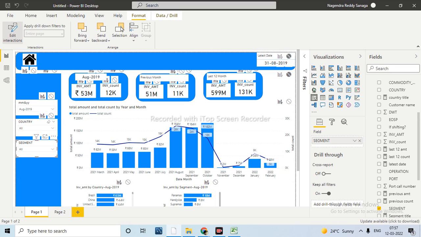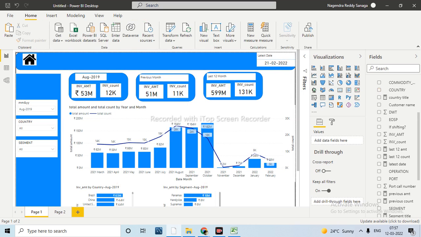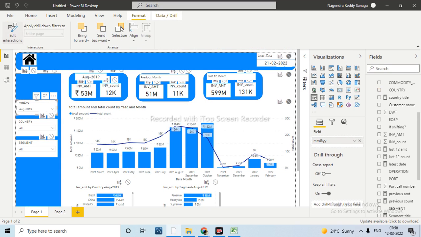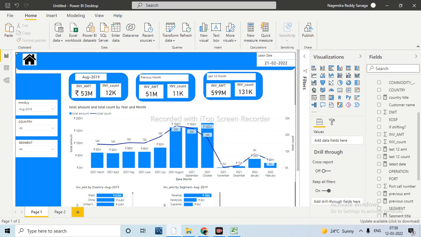Let me make this one. Yeah, now if you see this, the latest date which we have is February 21, 2022. Even if you select anything here, it will not change this card because we have stopped the interaction between these two.